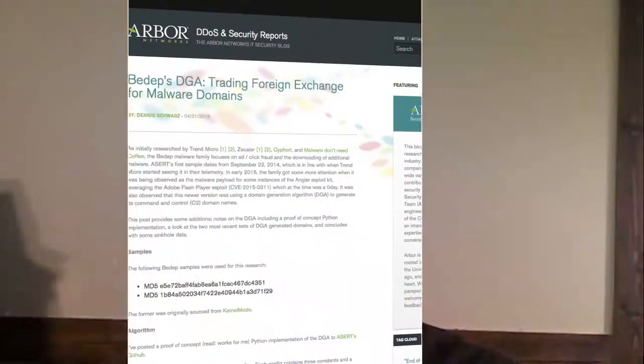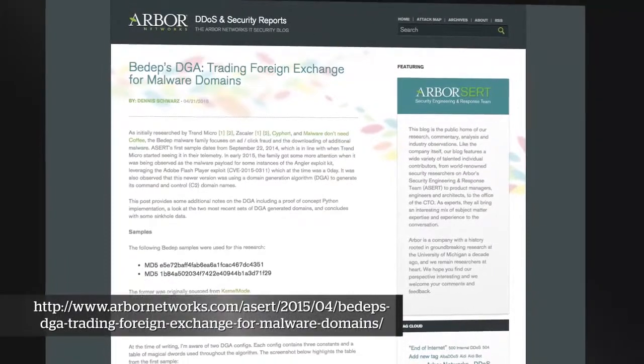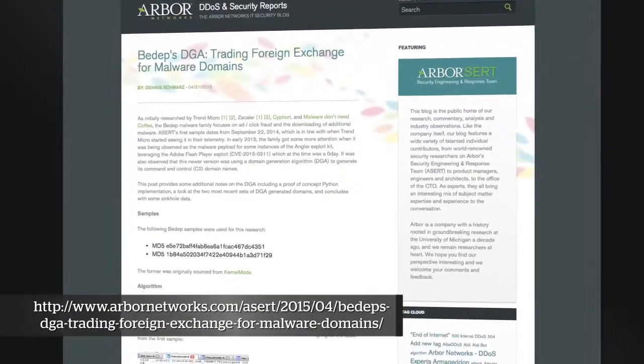Next item here, I guess, speaking of malware, Jim, this is kind of a cool little twist. Yeah, I came across this one in Arbor's ACERT blog 10 days ago or so. The Bedep malware family is a click fraud type malware family that's been around for a year or so. I think maybe it's only 6 months, but anyway, what they reported in Arbor's ACERT blog the other week was